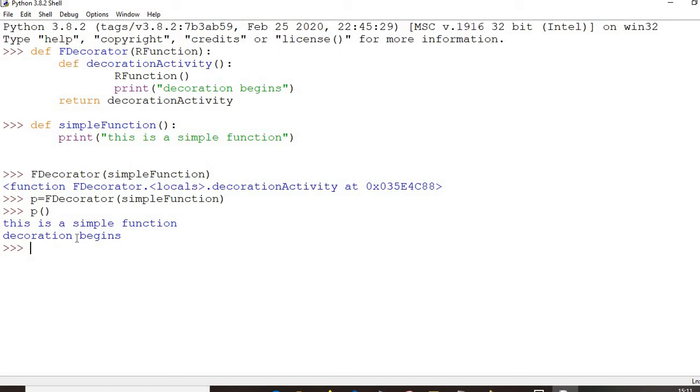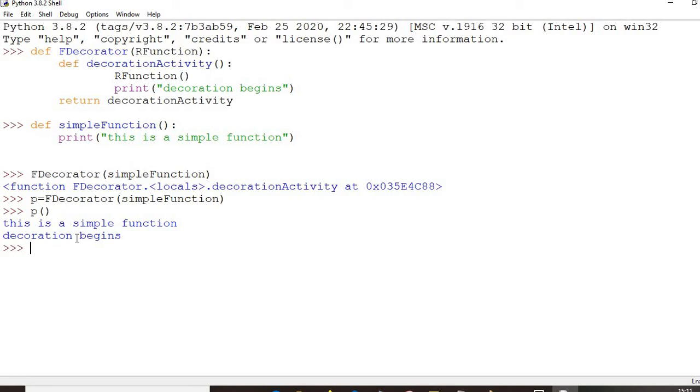And the reason our function was called before the print statement is because I wanted the output to represent the simple function first, this is a simple function, and then the decorated function, right? You can change that however you want.